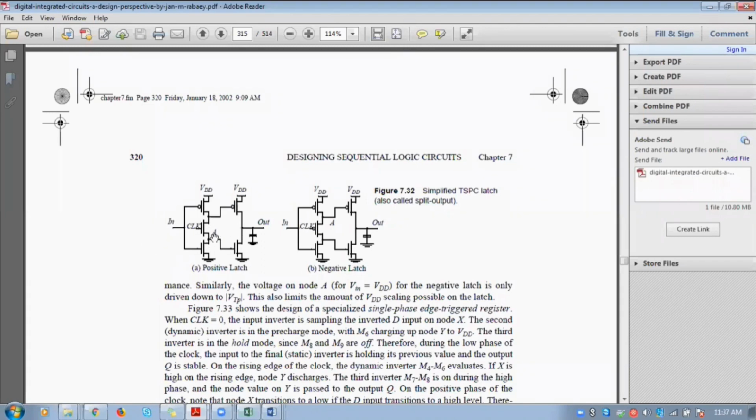This is a positive latch. We are going to supply the clock to only one NMOS. This NMOS is applicable for this one. Actually the connection is a parallel connection. We are going to reuse this clock as we have seen in the dual edge triggered flip flop, right? So we have reused the M1 and M4 transistors like with this. Here in the simplified TSPC, instead of using two different transistors for supplying clock, we are going to replace them with a single transistor here as well as here. Here it is an NMOS, here it is a PMOS.